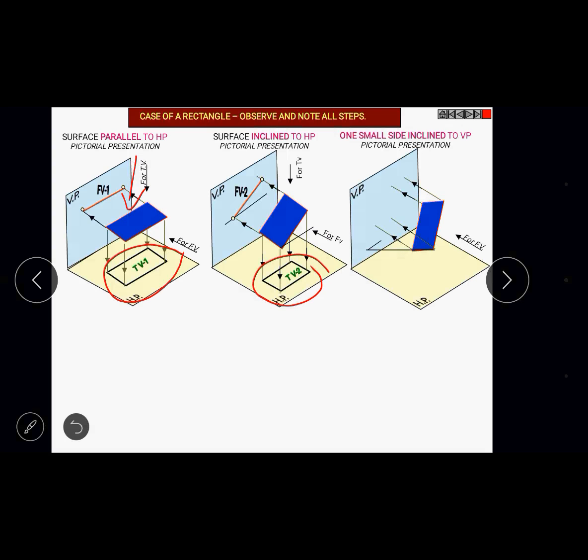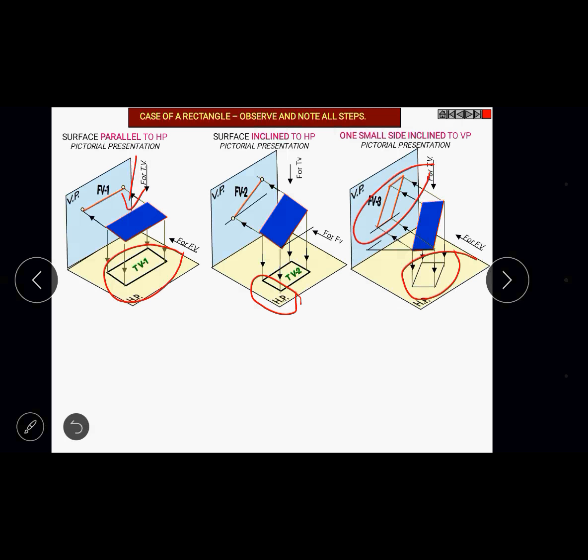The only difference here is that the shorter edge of the second top view is placed parallel to HP and perpendicular to VP, 90 degrees to VP. In the third position, this shorter edge of the rectangle is not 90 degrees to VP. It is tilted to some angle, maybe 30 or 45 degrees. Otherwise there is no difference in dimension between the top view of the second position lamina and the third position lamina. The front view is an irregular shaped rectangle, and the top view is similar in dimension, but the position will be different.